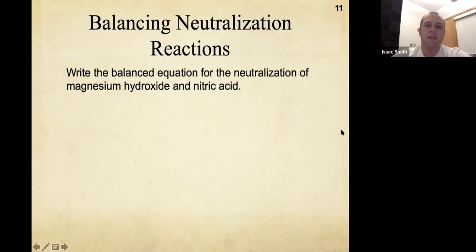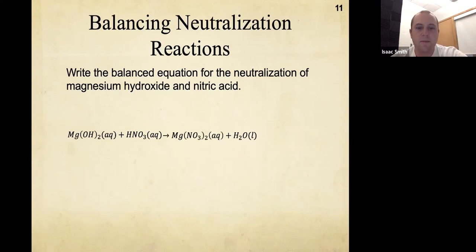Okay, so balancing these reactions, I'm going to show you the easiest way to do it. In the end, just like any other equation, you need to have all the elements balanced on the left and the right hand side. But let's say you're given this neutralization reaction. Magnesium hydroxide is a base, nitric acid is an acid, and you're going to form the salt